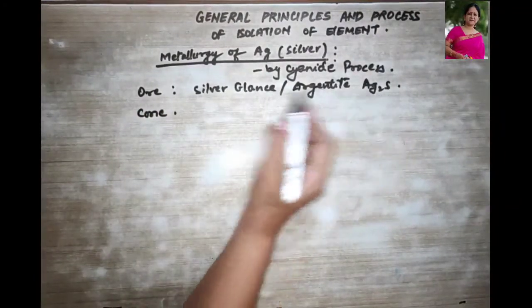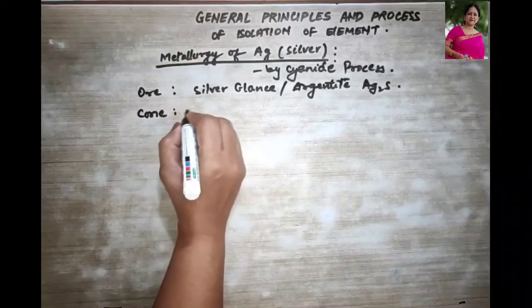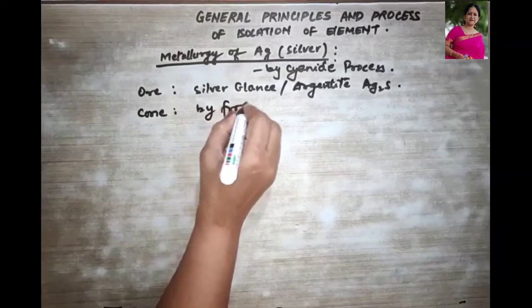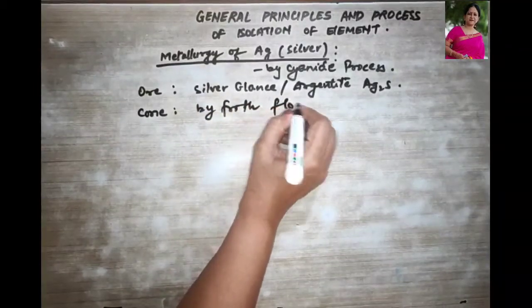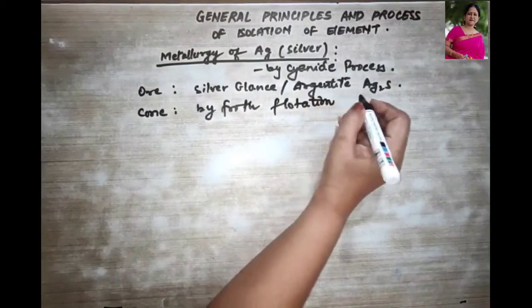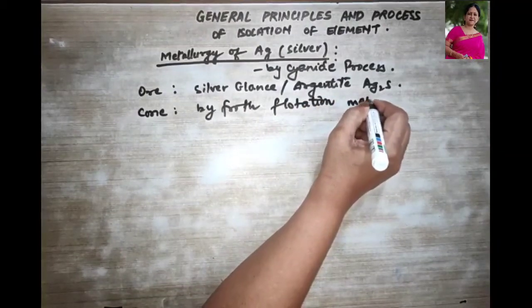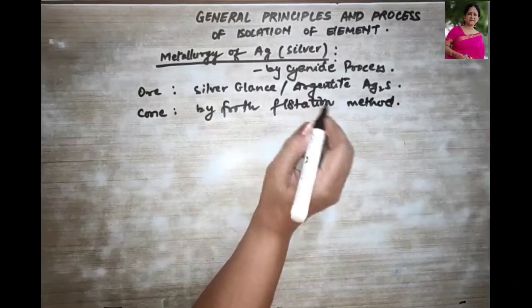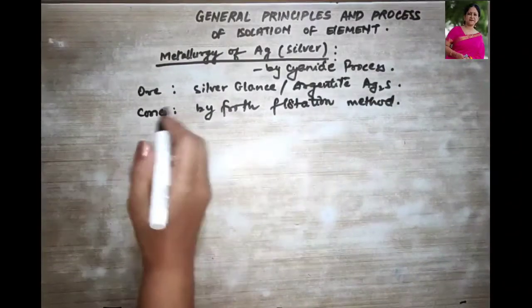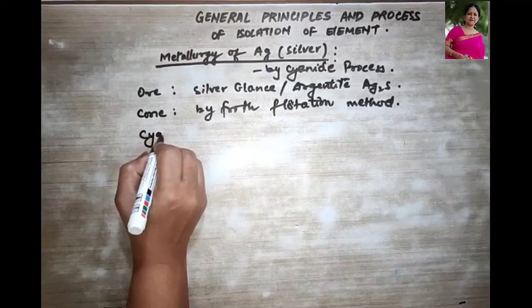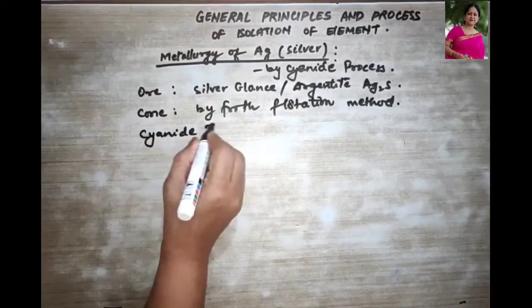Then we move to concentration. Since this is a sulfide ore, the concentration method chosen over here will be by the froth flotation method. Okay, then let us understand the cyanide treatment over here. The cyanide